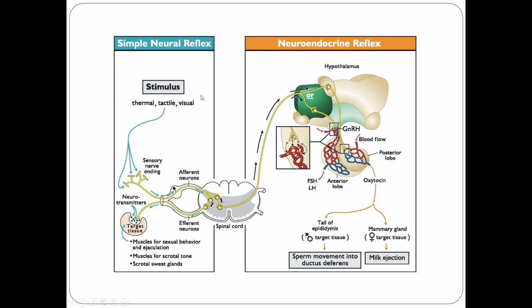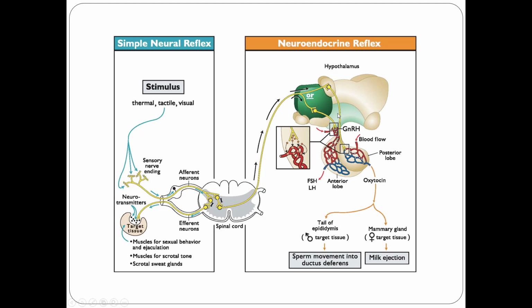So if you envision back over here with the stimulus, a calf or a lamb actually really hungry and trying to find mom, and they're bawling, and once they find mom, they go right to the udder and they start hitting their head against the udder, and that stimulates milk release. And so that tactile stimulation is sending the message through those neurons through to the spinal cord, and then from the spinal cord up to the hypothalamus, and then the hypothalamus is going to connect to the oxytocin neurons that